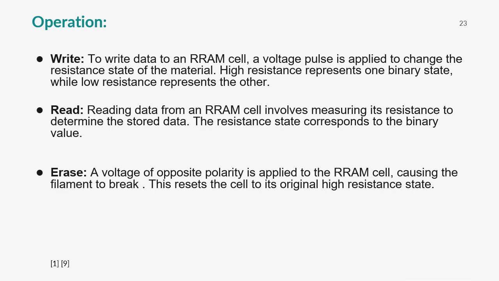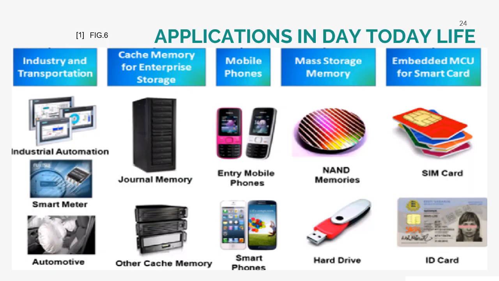The resistance states correspond to the binary value. Then to erase, a voltage of positive polarity is applied to the resistive RAM cell, causing the filament to break. This resets the cell to its original high resistance state. These are the applications that we see in different day-to-day life,